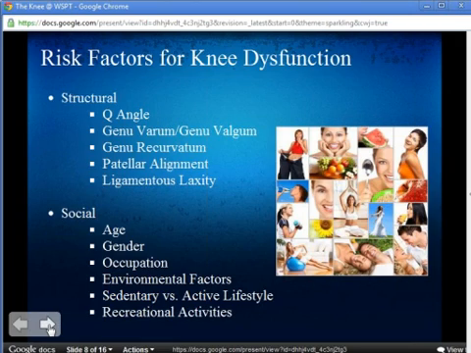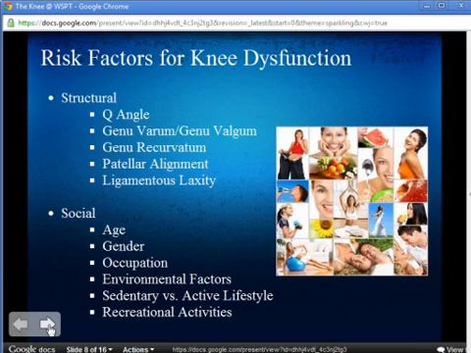And then recreational activities, again, as I told you, what kind of activities, your lifestyle, it depends a lot. It determines a lot how your knee's gonna work, like what kind of injuries you are most prone to. Athletes will be most prone to meniscus injury, a lot of rotation. Normal people don't normally rotate their knee a lot, but dancers are putting a different amount of stress on the knee joint. So these are all very important factors to determine what kind of injury you're prone to